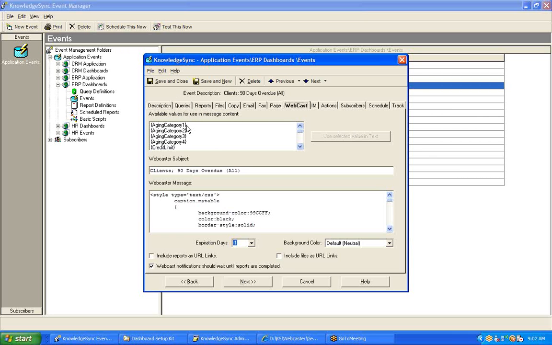and we can put these fields into the dashboard that KnowledgeSync is creating. The subject of the dashboard can be anything you like. It can be any combination of hard-coded text and field variables. In our case, we're simply using the name of the event, clients 90 days overdue, all. Now you might recognize some of the initial HTML syntax in our webcaster message. This has been cut and pasted directly from that file called webcast tab template, which came with the KnowledgeSync dashboard